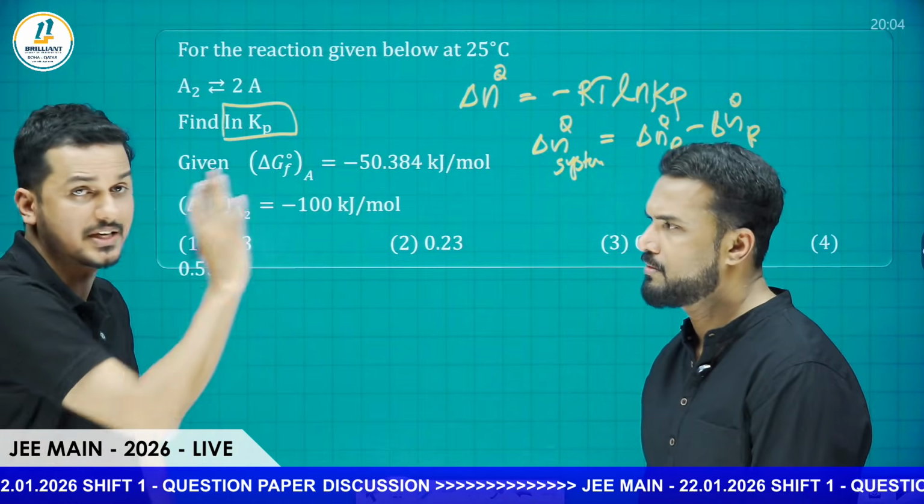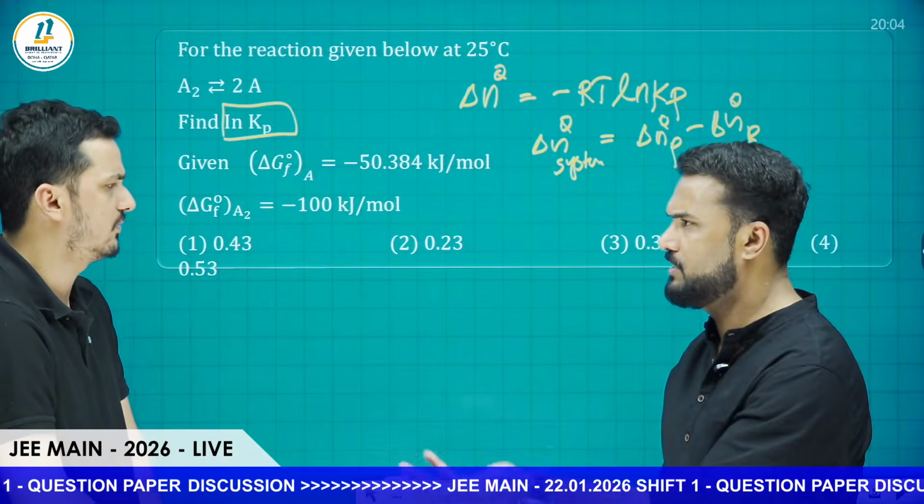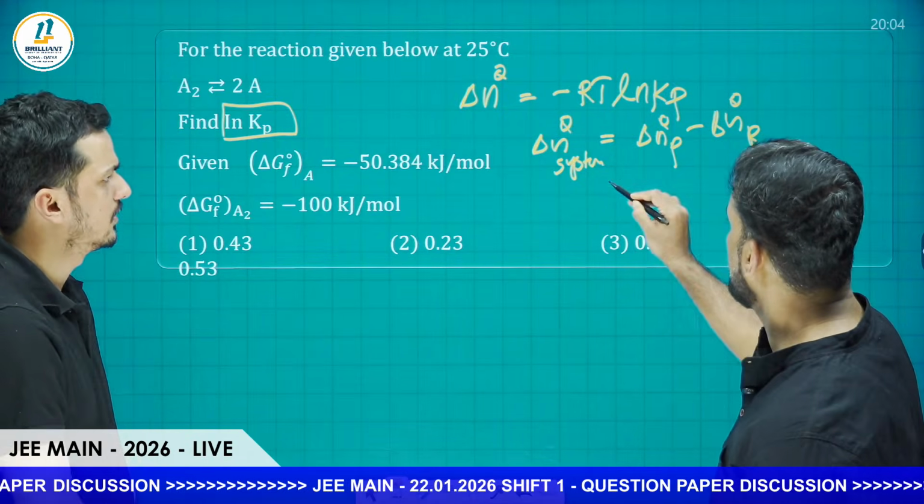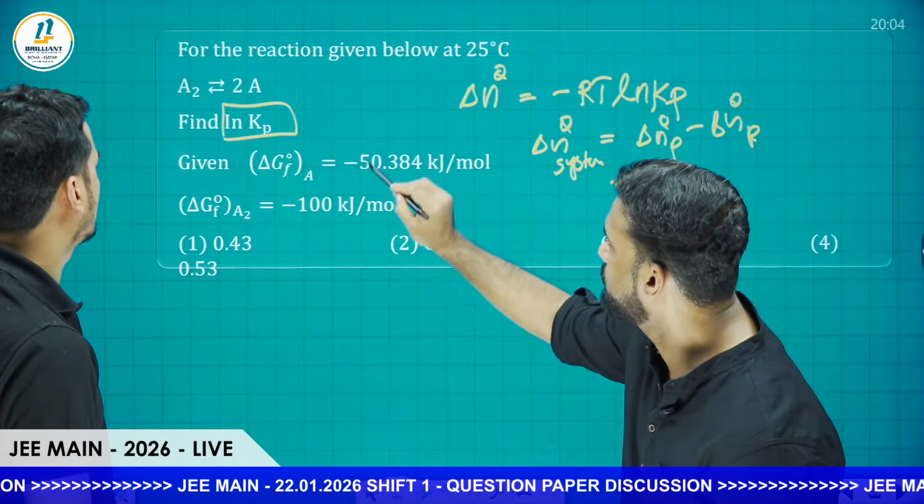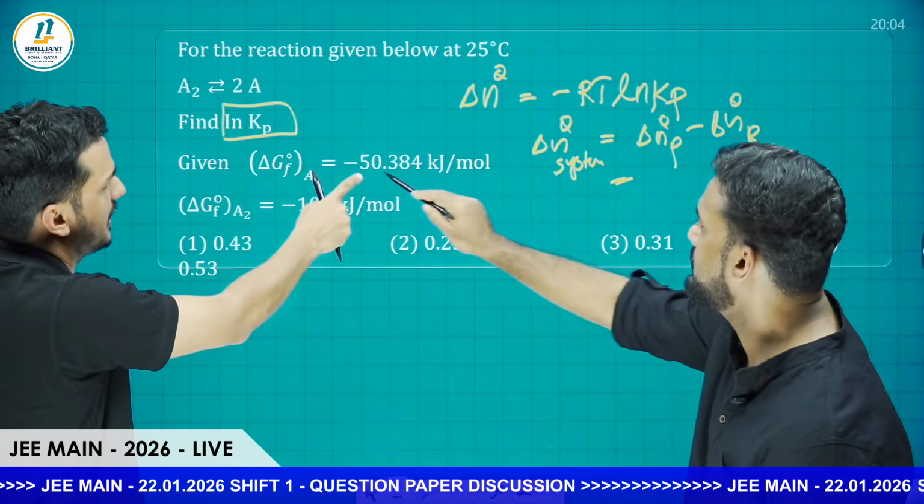Entropy also, if they give it, you have to use the same: product minus reactants, final minus initial. Same only. So you have to substitute the value over here. Product means this is one product, A, which is 2A. So 2 times A, minus given